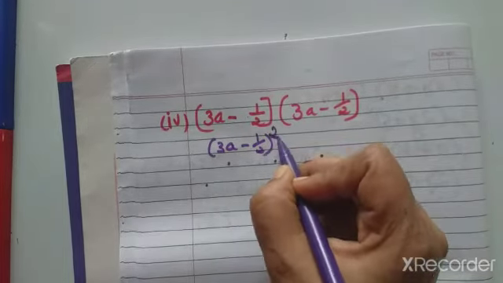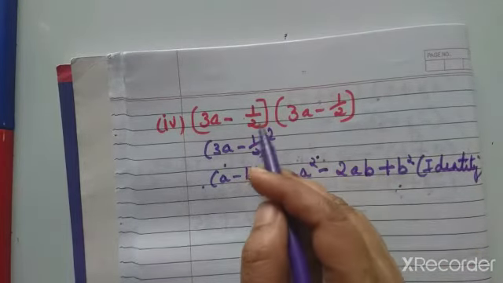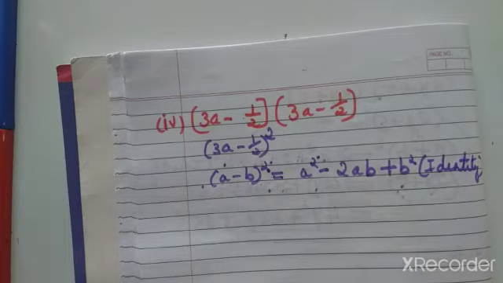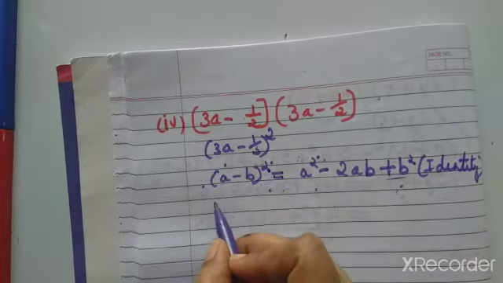So what is the identity? A minus b whole square equals a square minus 2ab plus b square. This is the identity we used here. See, similar, same one, right? Instead of writing two times, we can make it square, and here we can use this identity. And write this one here, 3a minus 1 by 2 whole square